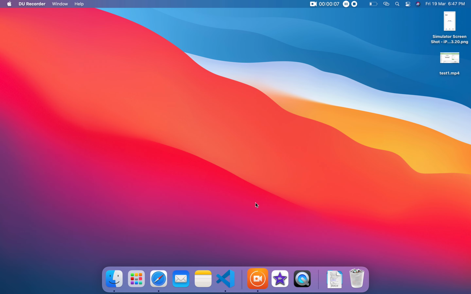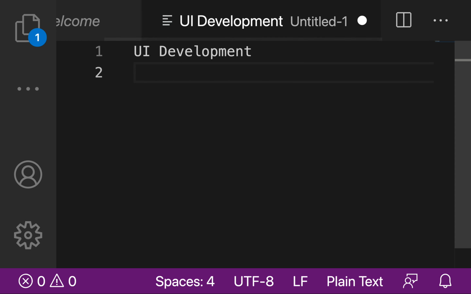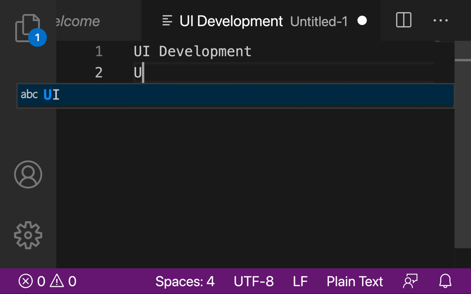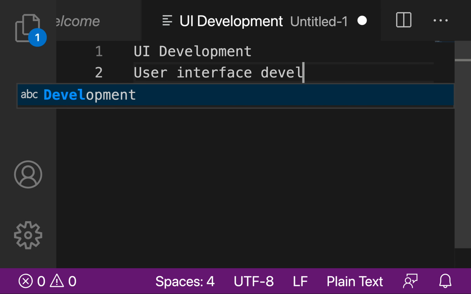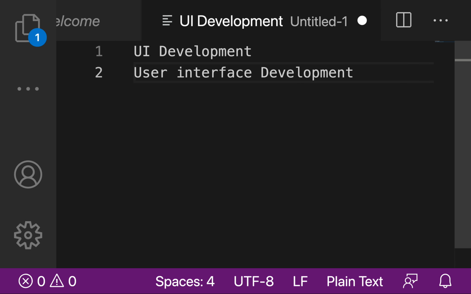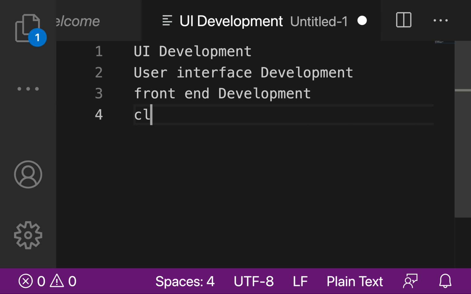Today I will explain what is UI development or front end development. Before going into that, I want to give some clarity on this. Some people will call it UI development, some people will call it user interface development, some people will call it front end development, and some people will call it client side programming.